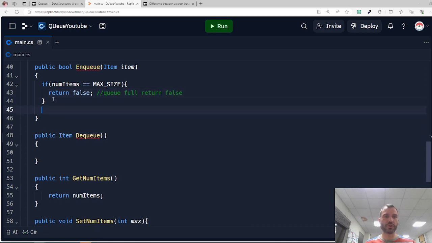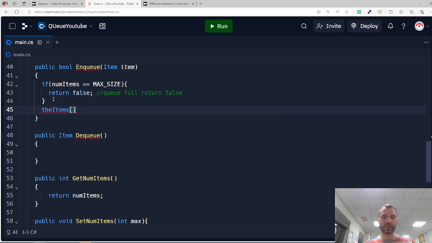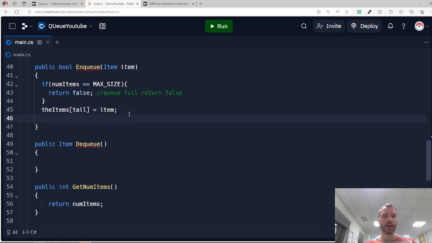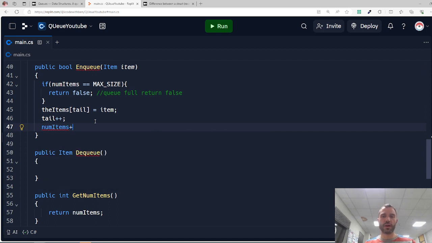However, if that is not true, we're going to take the items and, at the tail position, which is currently 0, insert this item here. And then we're going to increase the tail by 1 because the tail pointer is now going to point forward. And then we've got number of items, and we're going to also increase that by 1,